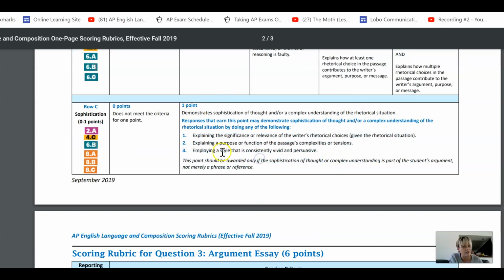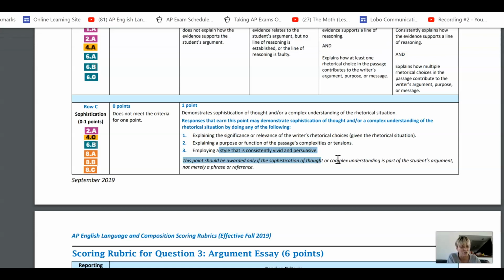And then the last point really comes from three different things. It could be that you're just having a better style, so the way you're describing it is more vivid, with a little more control over the language, more dependent clauses, a little more flair with your own style, adding rhetorical questions and those kinds of things.